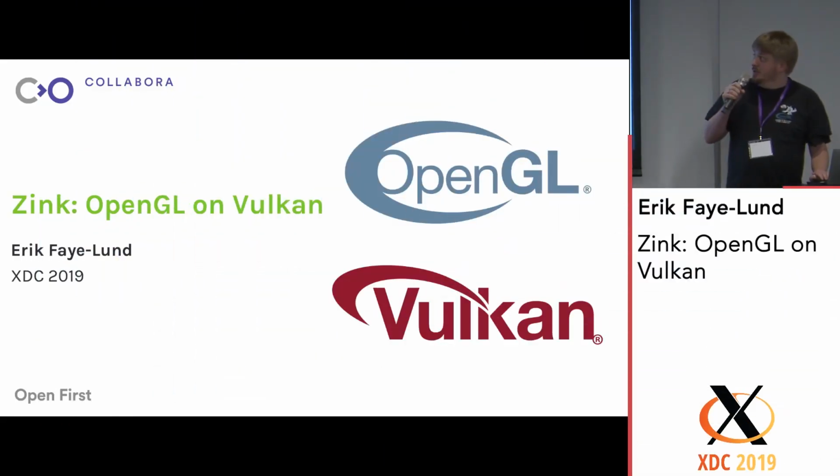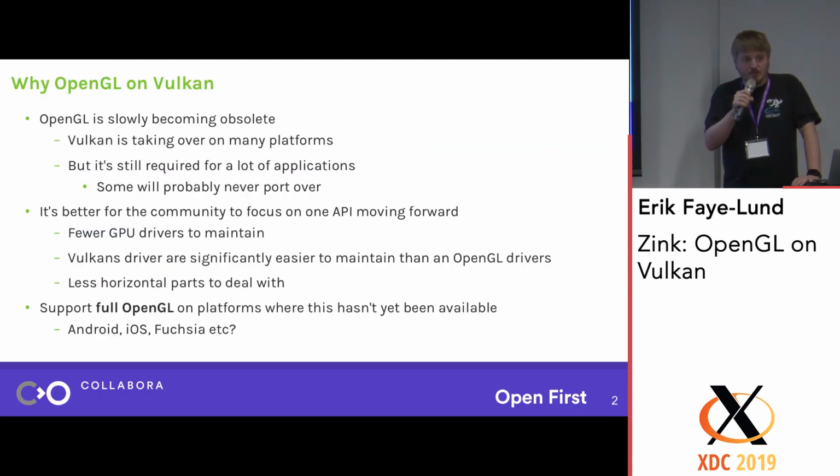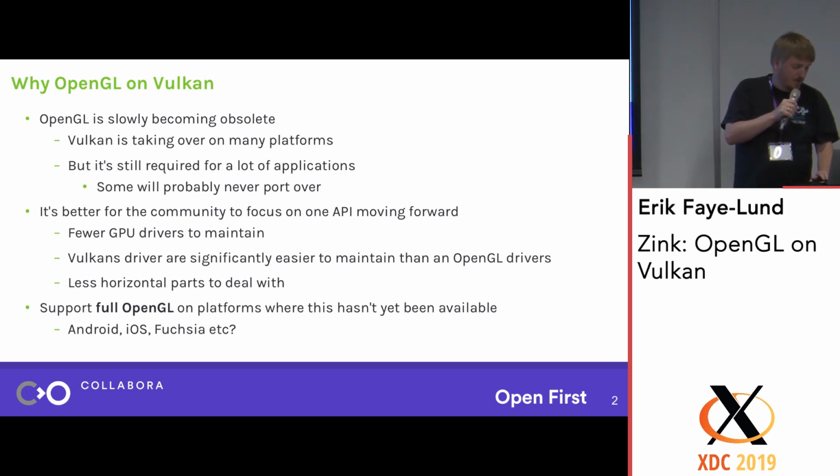So yeah, I will be talking a little bit about a project I've been working on at Collabora called Zink. It's an OpenGL implementation on top of Vulkan as part of Mesa. I'm going to first go through a little bit of the obligatory stuff. Why do we want to do OpenGL on top of Vulkan rather than